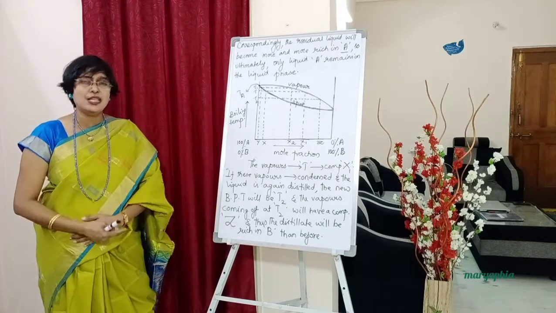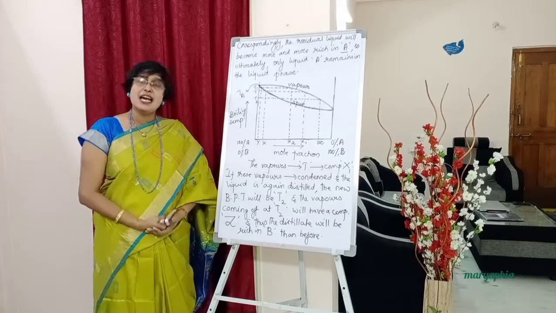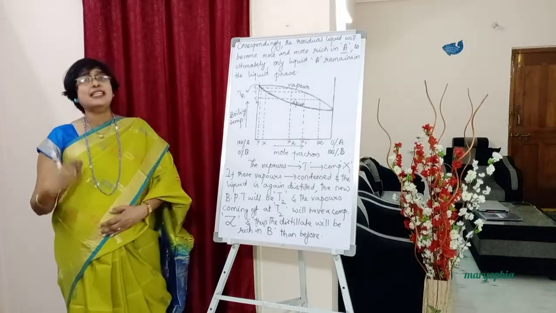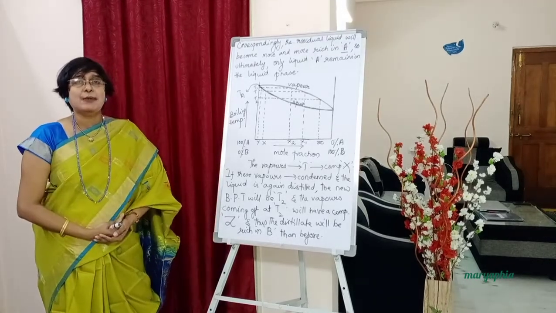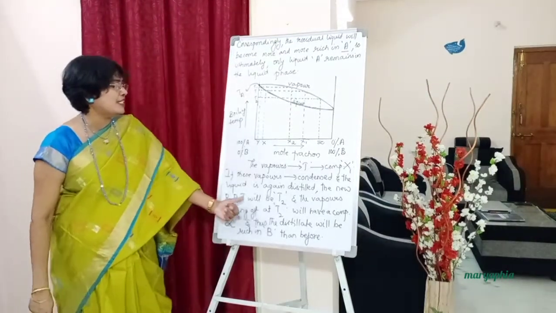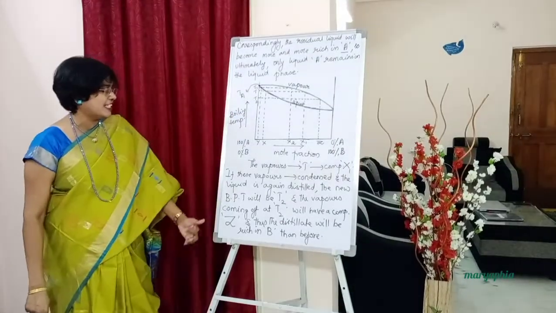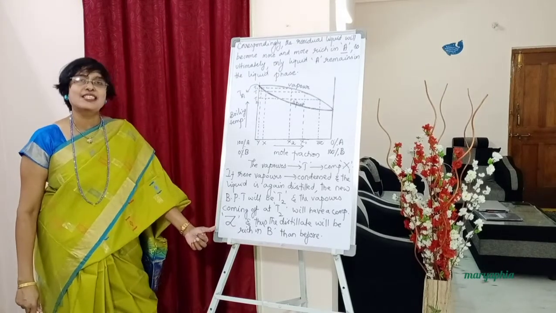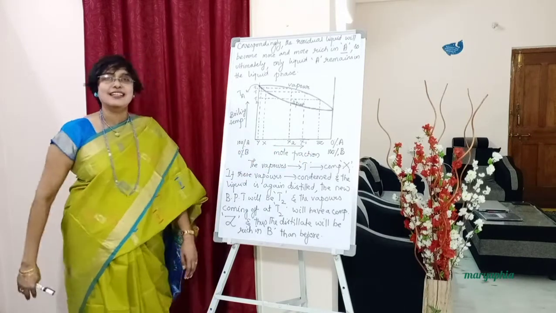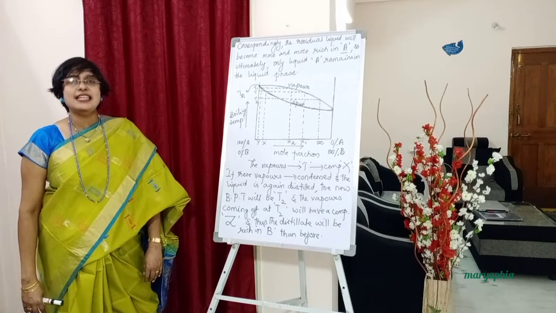Okay students, now what are we doing? The vapors coming off at the temperature T, if they are condensed, that means if they are again converted back into liquid and if that liquid is distilled, the boiling point temperature will be T2. And now the vapors coming off at the temperature T2 will have a composition Z. Where is Z? Towards the dead end. That means there which component is high? Liquid B component is high.